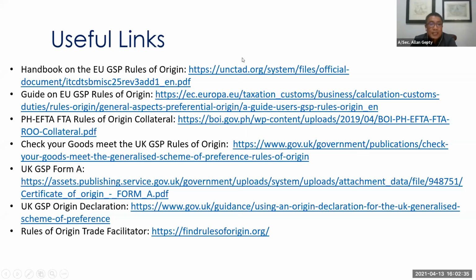Now, one reminder that I'd like to mention is that one challenge we have is that while we are aggressive in exploring and concluding free trade agreements with our trading partners, it is important that our stakeholders optimize the utilization of our FTAs. We have noted that for some of our existing FTAs, we have low utilization rates. And so there is really a need to come up with a more aggressive and intensified campaign on FTA utilization. That's why we highly appreciate this opportunity given to us by PHILEXPORT.